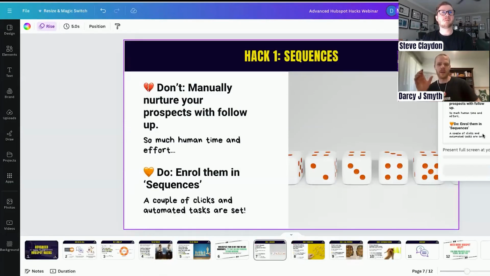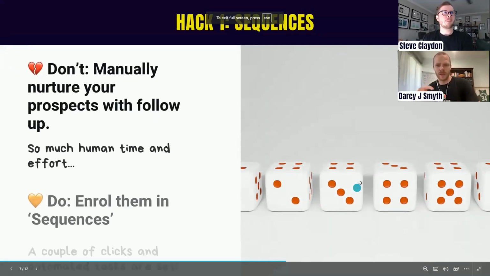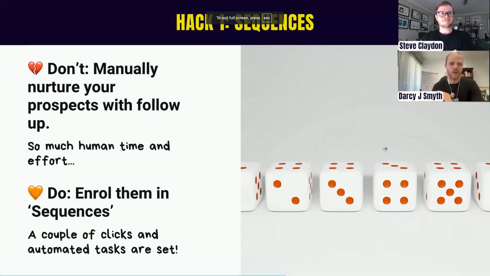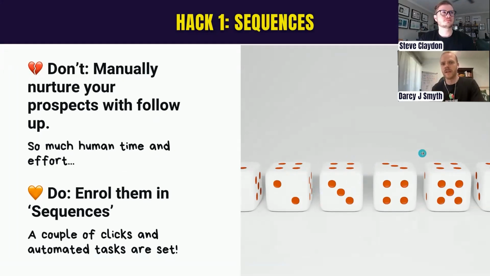No, you nailed it. The key point on here, Steve, as we get to the next slide, will make sense as well. But the key here, team, with sequences is, as we said, this is when you're taking an individual person and you're deciding to enroll them in a sequence. So you can literally click on their name, click on them as a contact in HubSpot, and click enroll in sequence. And then that's when the sequence will start running on that individual person,